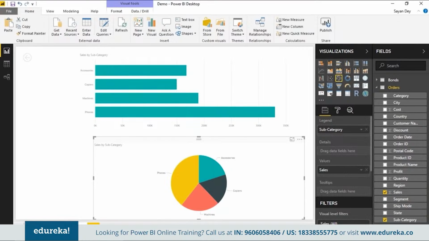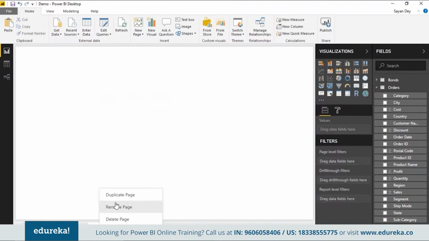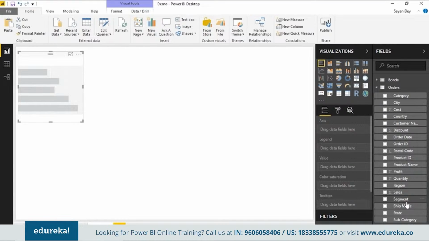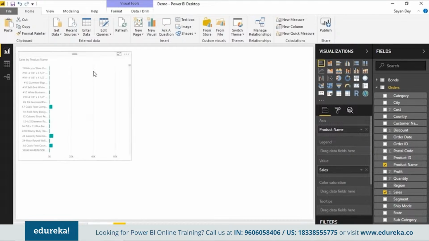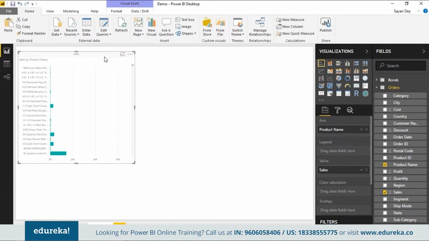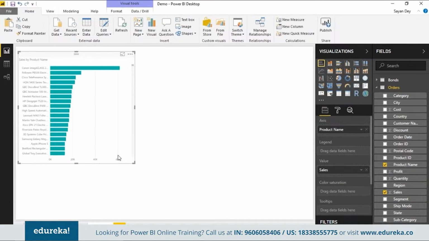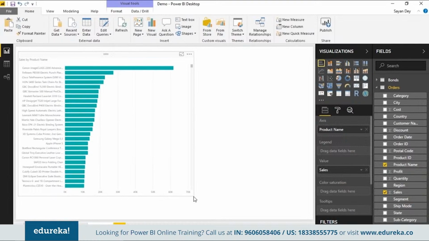And I can further build one more page called the product page. And the product page is where I'll probably have some detailed information, or probably I can build a bar chart here also, where I'll get my product IDs, or my product names, and in the values axis, the sales. Probably go back and sort this data by sales, so I'm showing my highest sales up on top. And here I'm going to go ahead and sort this information by subcategory.